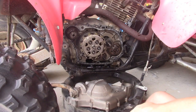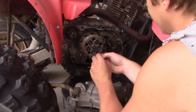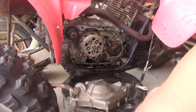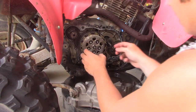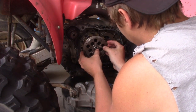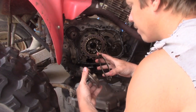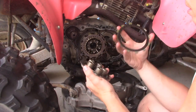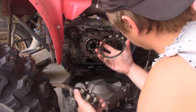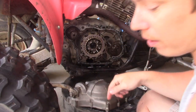Alrighty. Now the springs, I'm going to hang on to these even though my new clutch kit came with new springs. So I'm going to hang on to them just in case. Okay, so that really doesn't have to come off. So we got our first one, which is our steel, so don't even mess with that clip. Then we got our friction discs. It looks like it goes front plate, friction, steel, friction, steel, friction. So I'm going to set these down. What I'm going to do is stack them exactly as they're coming off of there,